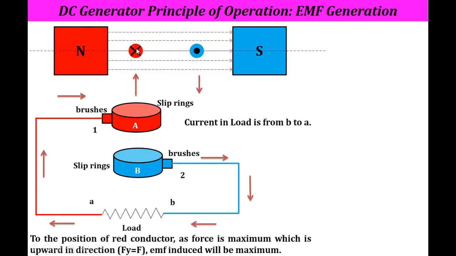So therefore, at this place, always remember that the EMF induced will be maximum, because here the direction with respect to the flux axis is 90 degrees, or we can say that the angle is 90 degrees. And whenever a conductor cuts these magnetic lines of force, then only maximum EMF will be generated.